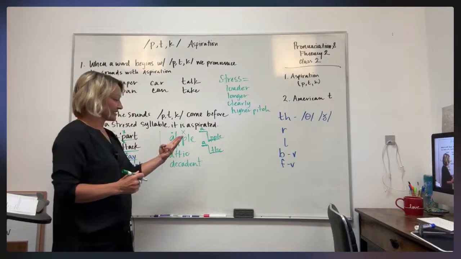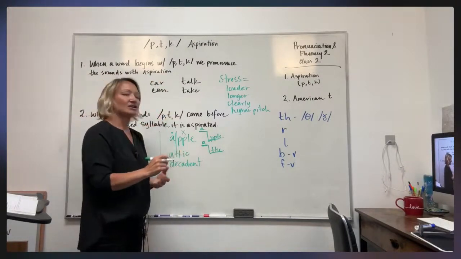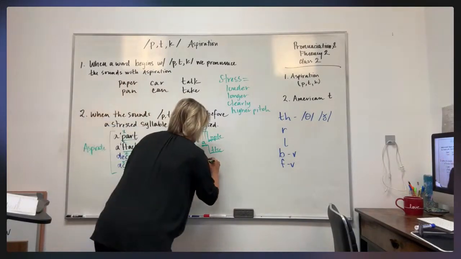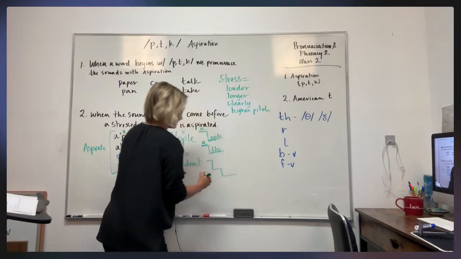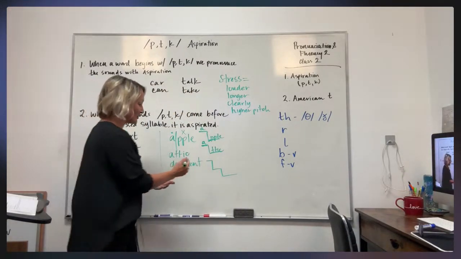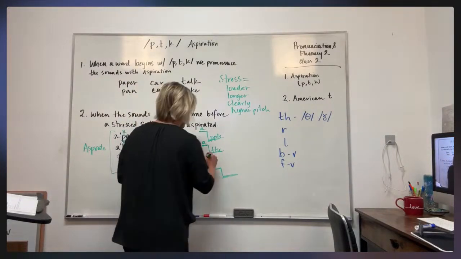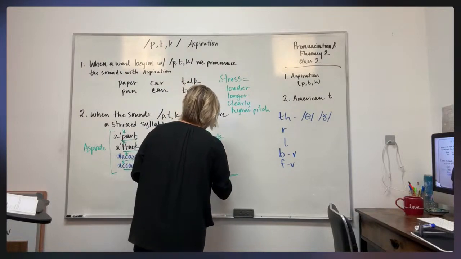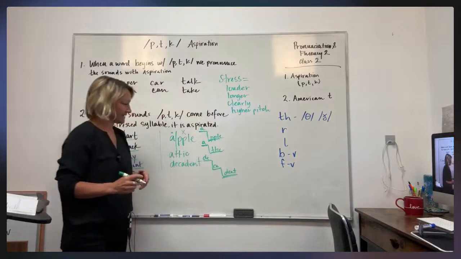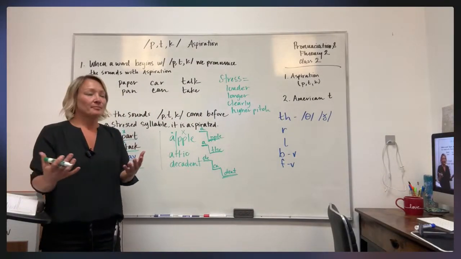Now, decadent, we've got 3 syllables, decadent, decadent. So what happens with that one is it kind of steps down. So we've got decadent. But the stress, we've got a primary stress, which is up here, and then kind of a second step down. So decadent, okay? And the reason that we use this stair step is just to kind of see it, but there's other